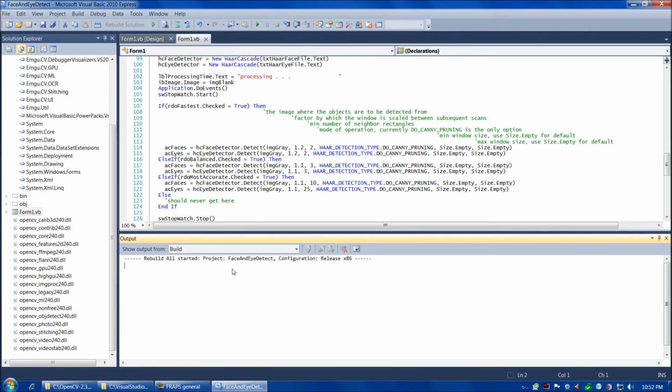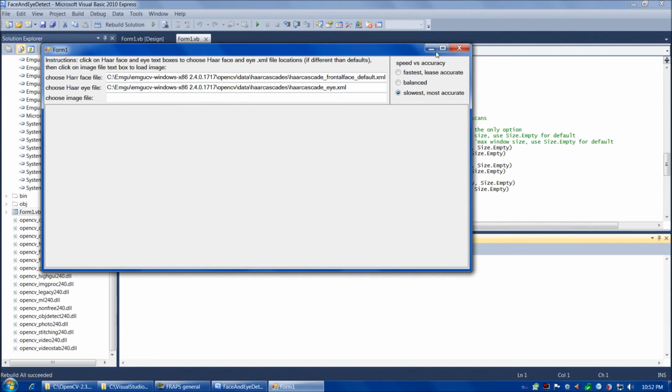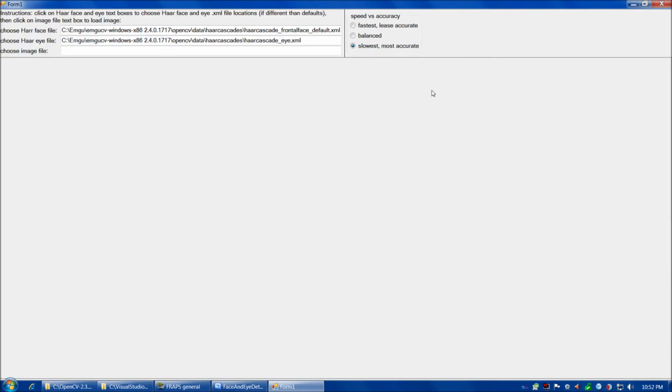Now we can go ahead and do a compile. And that's a good sign, 1 succeeded. So let's go ahead and fire it up. And we'll maximize the window. And so the first thing that we can take a look at is choose HAR face file, choose HAR eye file. So for example, if we click on the HAR face file text box,